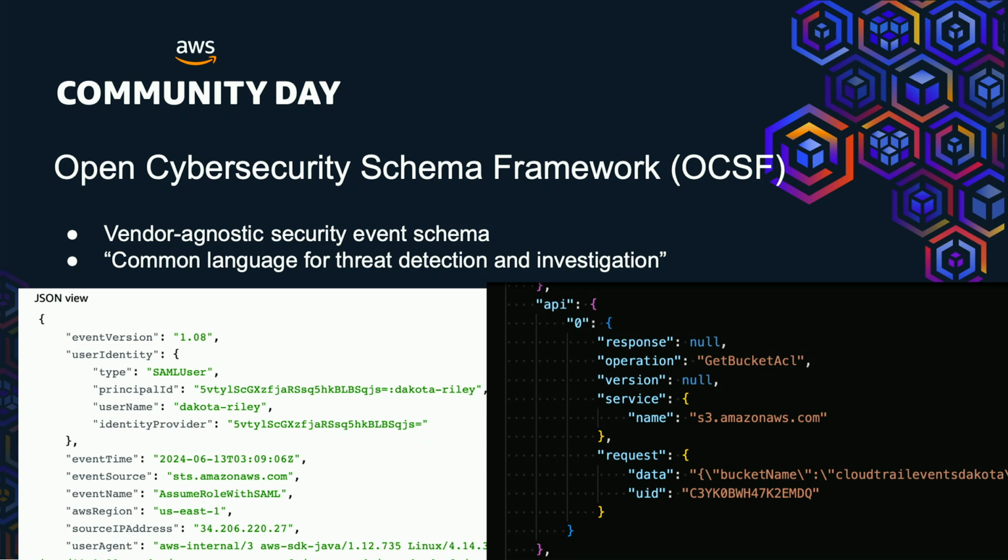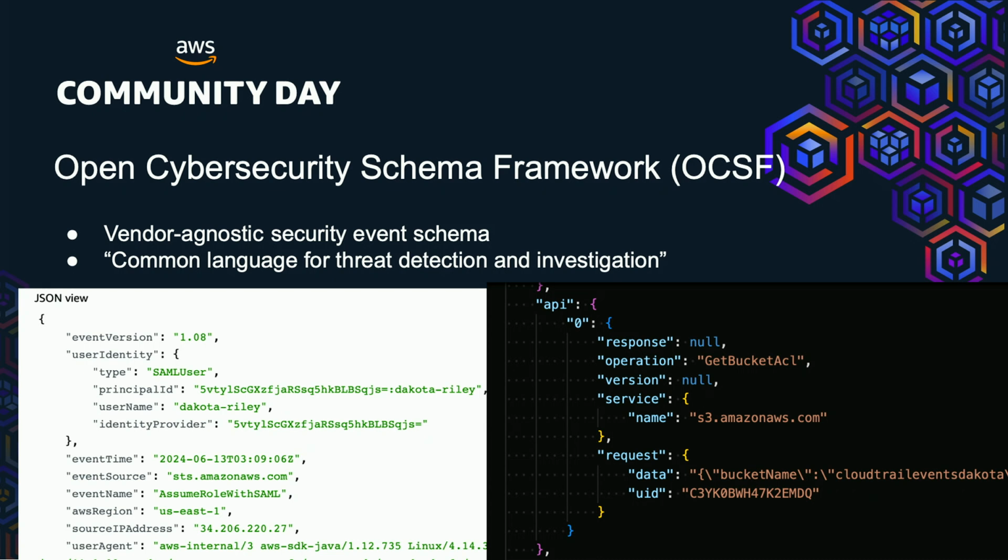And my terrible screenshots there, what you're looking at on the left side is just basically the top level of a CloudTrail event that gets normalized into an OCSF schema event. And there's a lot of advantages to this because, for one, if you're a consumer of this data, every time you interact with a new log source, you have to basically relearn and mentally grasp its schema.